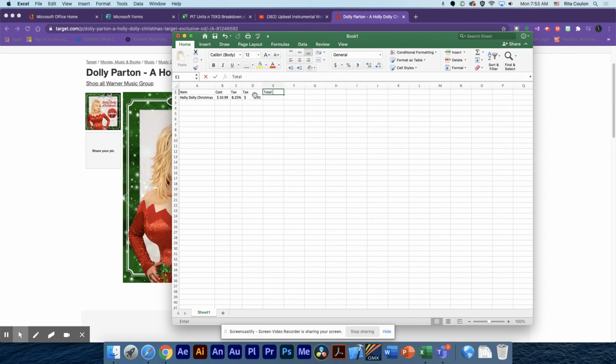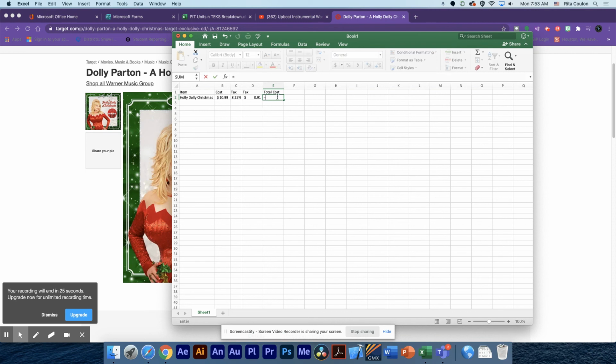And then total. I just had to add an extra column. So now I want to take this one plus this one, and that should give me my answer. The original cost is $10.99. Tax is 8.25%. When I multiply that, the tax on $10.99 is 91 cents. So then all I have to do now is add 91